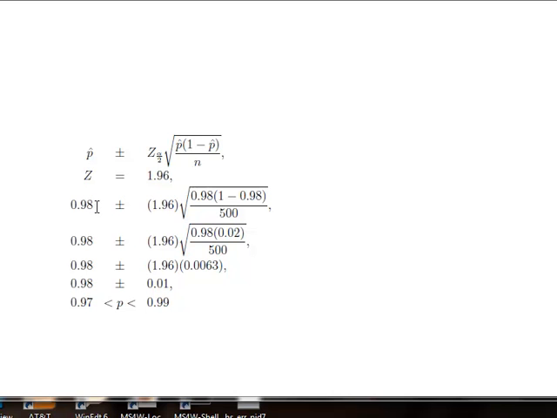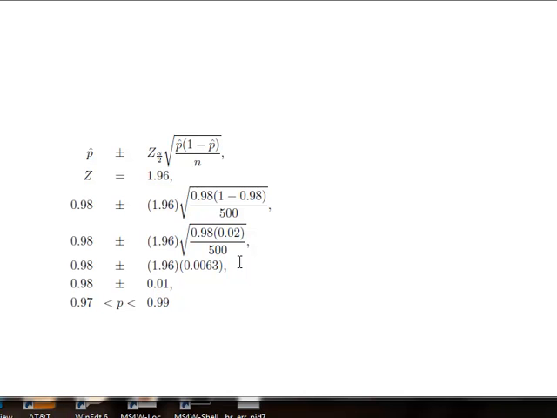So then you start plugging these values in. We have 0.98 plus or minus 1.96 times the square root of 0.98 times 1 minus 0.98 over 500. There's your n. Then you have 0.98 plus or minus 1.96 times the square root of 0.98 times 0.02 over 500. Then as you move to the next step, you simplify the square root values, and you have